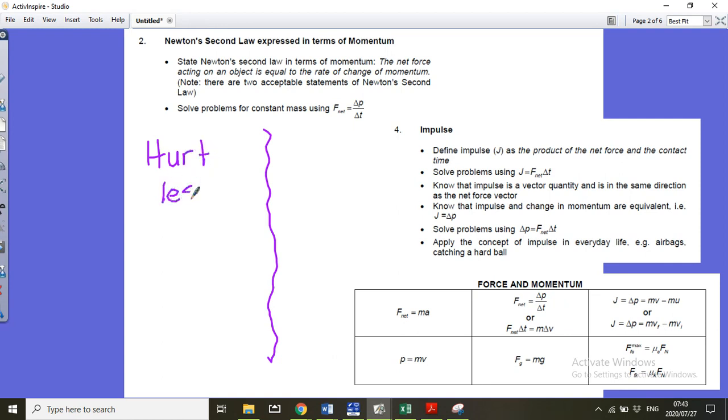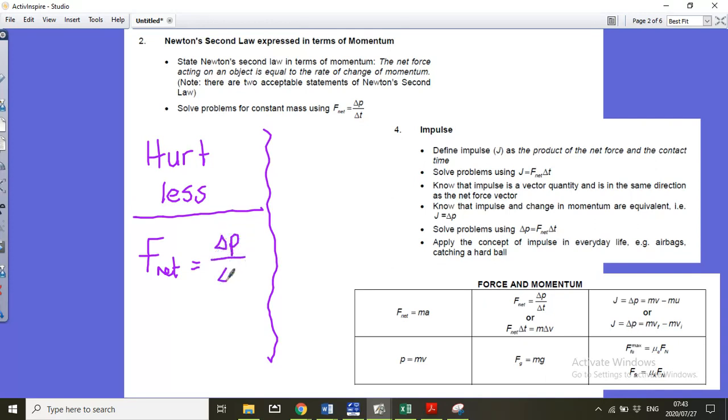If you want to hurt less, you need to think what is causing the hurt. If you look at them, they're going to say use an appropriate equation, or they're going to say use momentum, or they're going to say use impulse to explain why people hurt less when they wear a bulletproof vest, for instance. Now, when you get that question, you have to write it in terms of force because the force is what hurts you if a force acts on you. So you're going to write it in the form F net equals delta P,